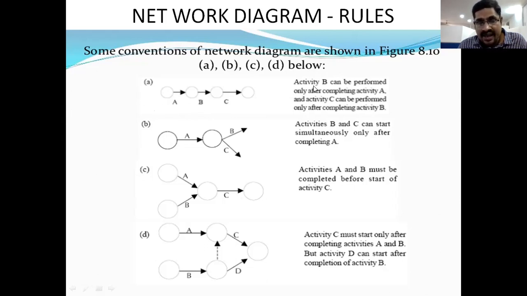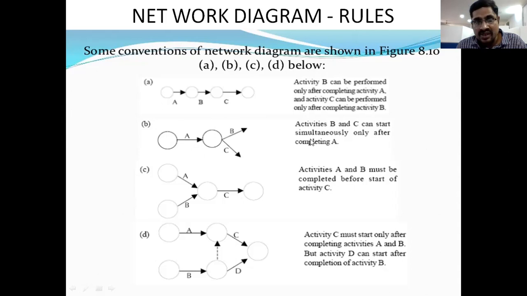Activity B can be performed only after completing activity A, right? So when activity A is completed, then activity B will be completed. When activity B is completed, only then will activity C be performed, right?